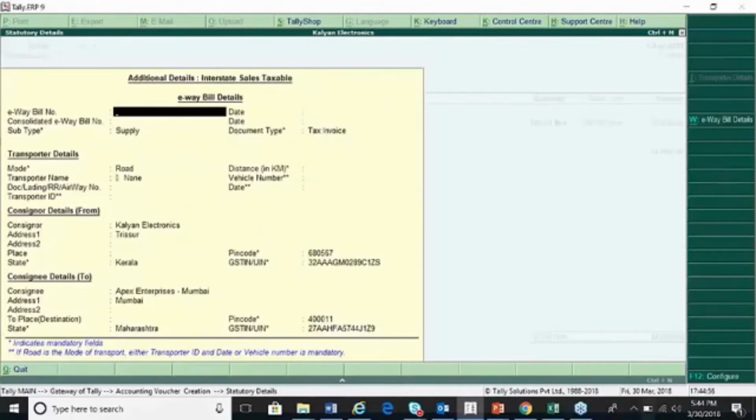So let us understand these options. E-Waybill details, e-Waybill number we will get on the portal, the e-Waybill portal. As we know, the e-Waybill as well as the e-Waybill numbers are generated on the portal. For Tally users, we have already given the complete details so that they need not again enter them on the e-Waybill portal. So this e-Waybill number, we can fetch it later once we get it from the portal. We'll also see how we can get that.